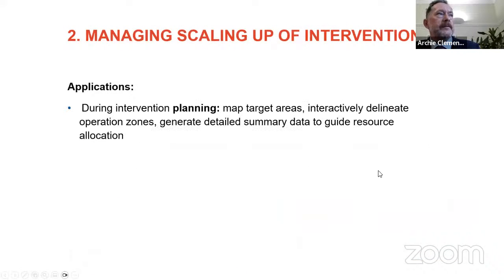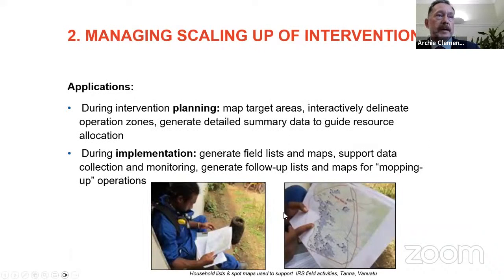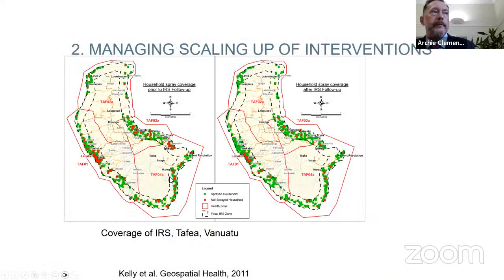Then, in terms of the scaling up of interventions, we were able to use that enumerated database to provide field personnel who were doing indoor residual spraying and bed net distribution with a map of the households that they needed to visit. So they could go and visit those households, they could record the spraying of household structures and the delivery of bed nets, and then they could produce secondary maps that showed households where the intervention had been rolled out, and households where the intervention hadn't been rolled out, and then that would enable us to go back and do mopping up exercises to increase coverage in those areas that have been missed.